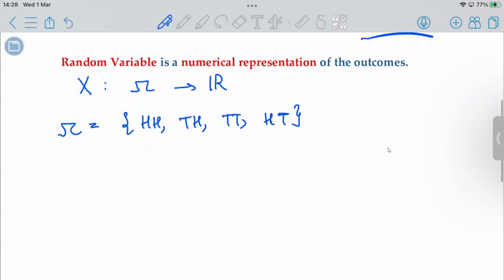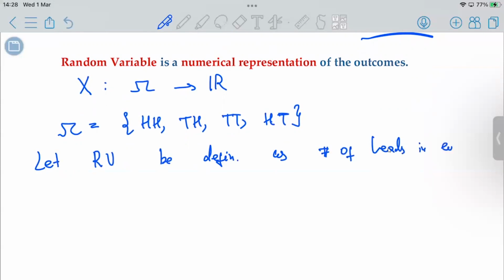It's important to note that in order to assign a numerical value to these outcomes, we first need to define the random variable. In this case, I define the random variable as the number of heads in each outcome. This is my definition of the random variable. It's how I define it. So now,